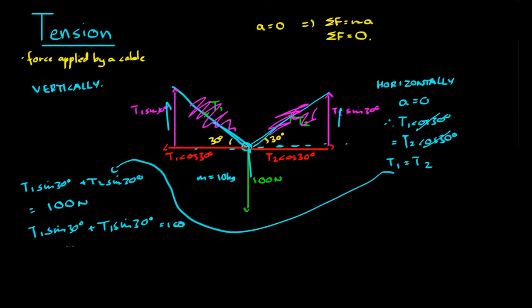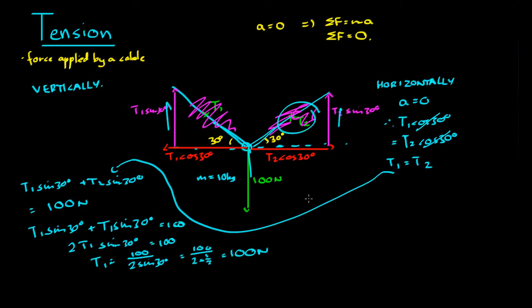Therefore we have 2 T1 sine 30 equals 100. T1 equals 100 over 2 sine 30 degrees. Sine 30 degrees equals a half, so this is 100 over 2 times a half, which is equal to 100 newtons. The tension force of T1 equals 100 newtons, that's here, and T2